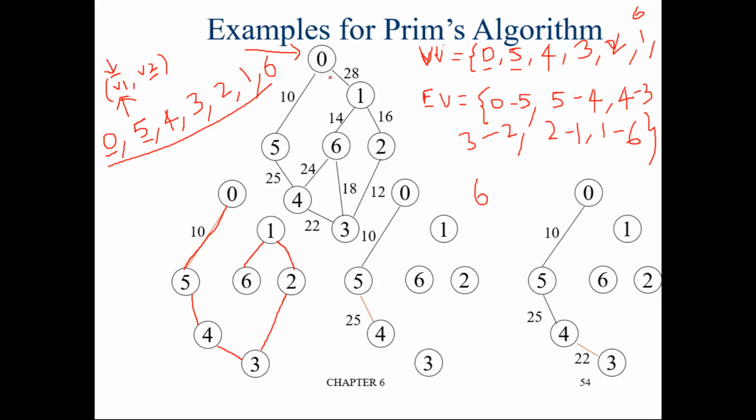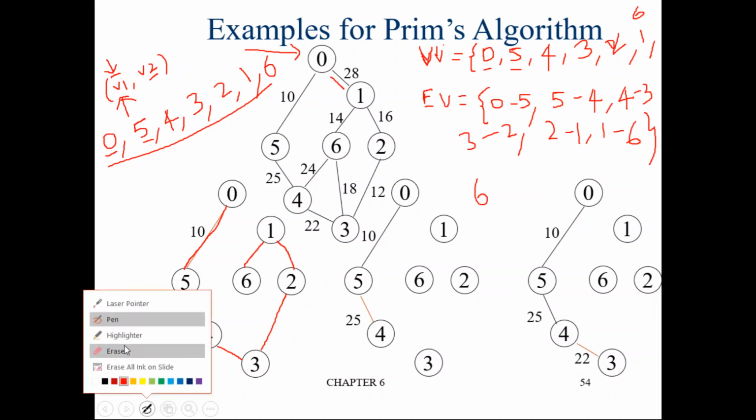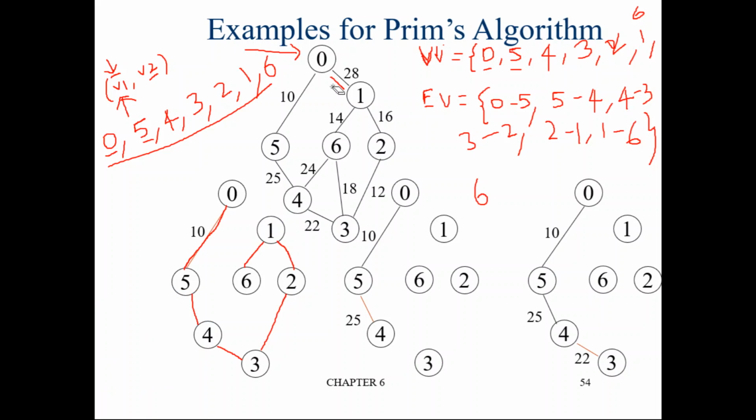For example, 0 to 1, we have this option. From 0 we have only this option. From 5, now all vertices were added, so from 5 you cannot identify. Actually from 0 also, if you see the condition, from 0 also you cannot identify any vertex. In the previous round also, actually from 0 we cannot identify. We should have ignored that.